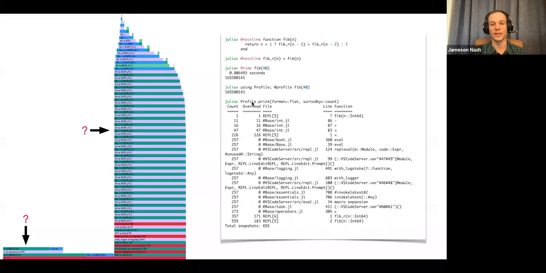And once I did that, I got back a performance profile, which I printed out. I gave it some arguments here. I wanted to just list out what the functions were. So I said flat, and I wanted to sort it by count. So count is the ratio of time that was spent in there. We're roughly taking a profile snapshot every millisecond, so that's roughly 555 milliseconds, but there's some overhead, there's some system noise, and so it won't come out exactly the same,